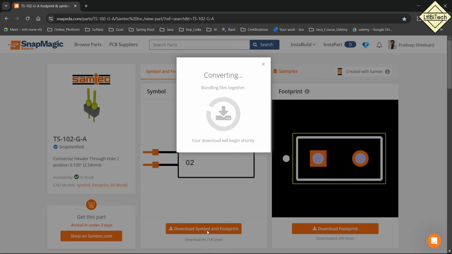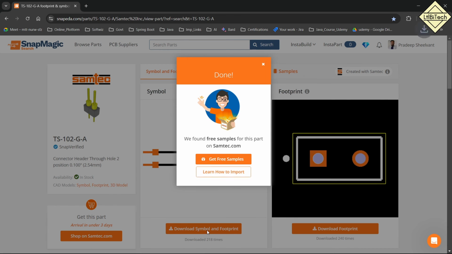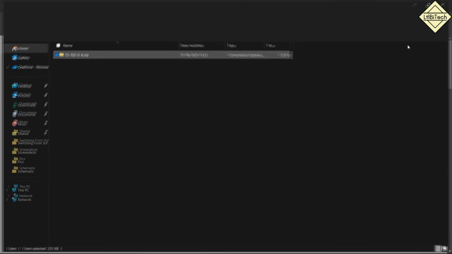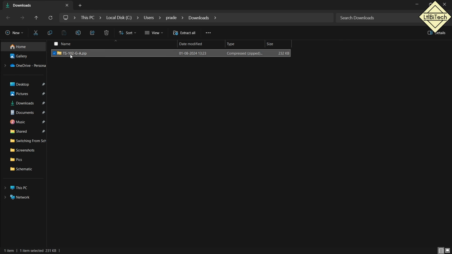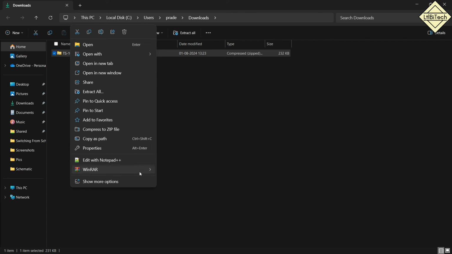Now the files will be there inside the download folder. Okay, so we'll go to this and open the download folder. We have this library. It has both the symbol as well as footprints. We'll just right click here, unzip